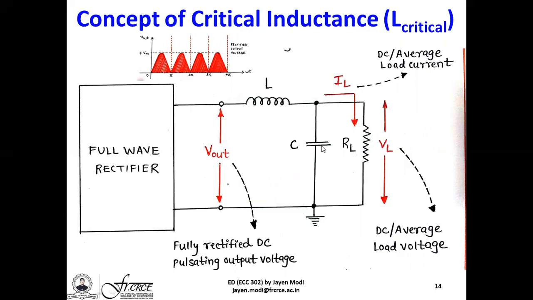To prevent these current spikes, inductor filters were used, because inductors have the property of not allowing the current across them to change rapidly. Capacitors do not allow a rapid change of voltage across them. Conversely, inductors do not allow a rapid change of current through them. However, when we are using this particular inductor, we have to take care that the inductance value should be at some certain critical point so as to allow the current through the circuit to flow smoothly, because these are both exactly opposite terms. One has an inductive reactance and one has a capacitive reactance.